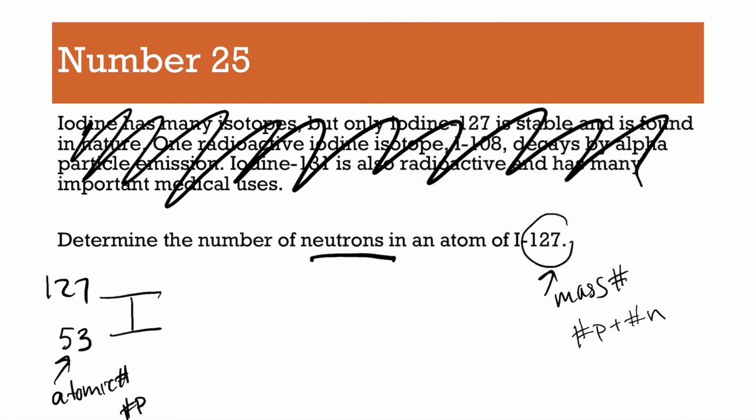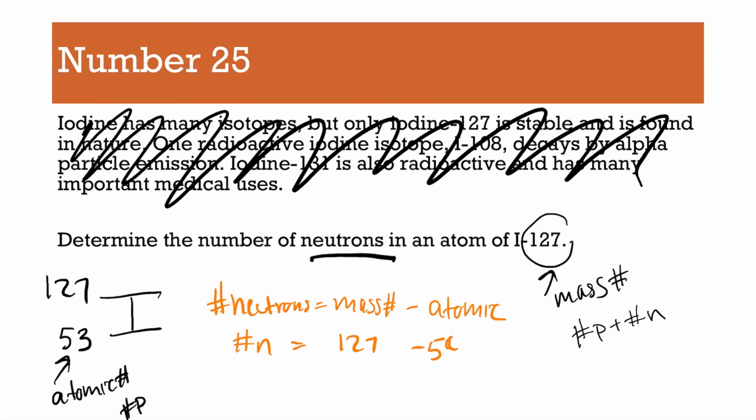So if you wanted to find the number of neutrons, it equals the mass number minus the atomic number. So you're left with number of neutrons is 127 minus 53. So if you do 127 minus 53, you get 74 neutrons,